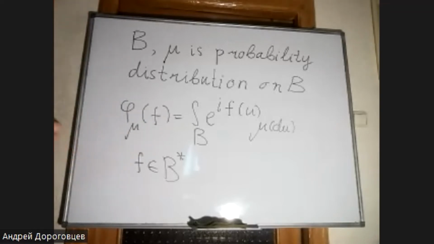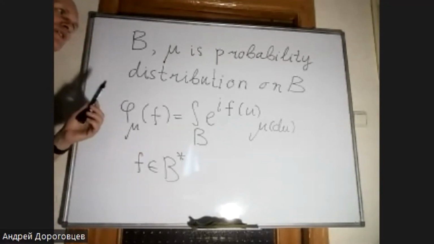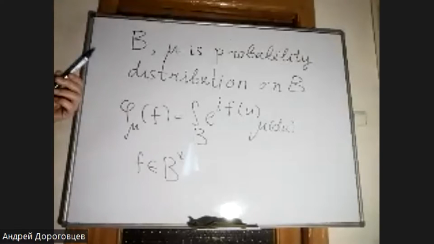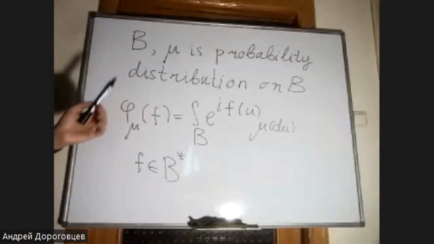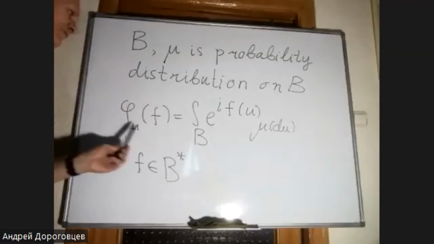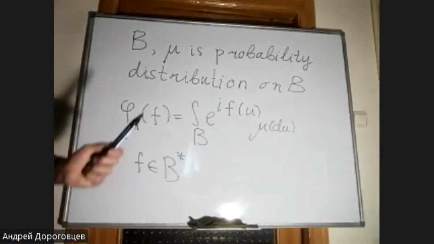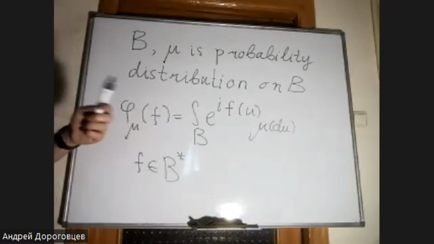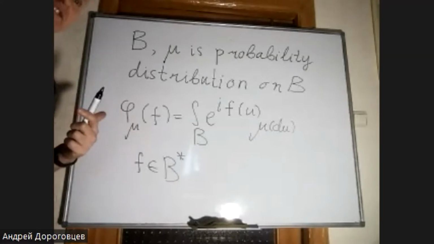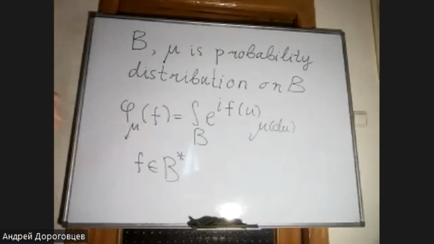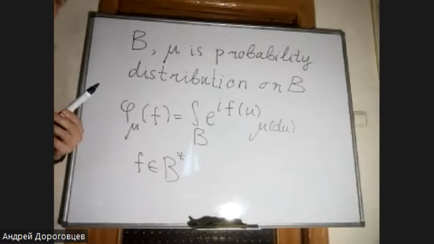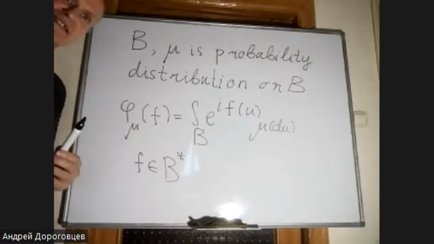and it has value 1 at the point f equal to 0. But after this, we have seen that a lot of good ideas fail in infinite dimensions. For example, we know that in the finite dimensional case, the properties which I already mentioned are enough for the function to be a characteristic functional of some probability distribution. But it occurs that in the infinite dimensional case, it is not true. And in order to understand what we need to add to the requirements in order for a function to be a characteristic functional, or what properties characteristic functionals have,